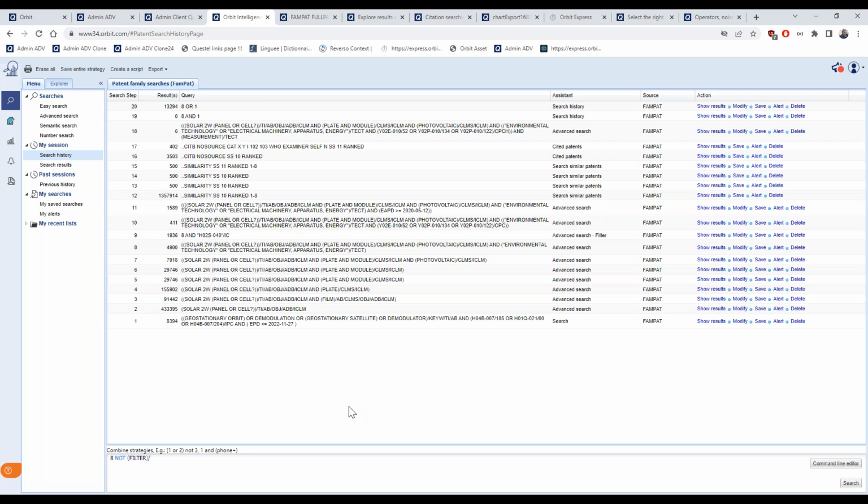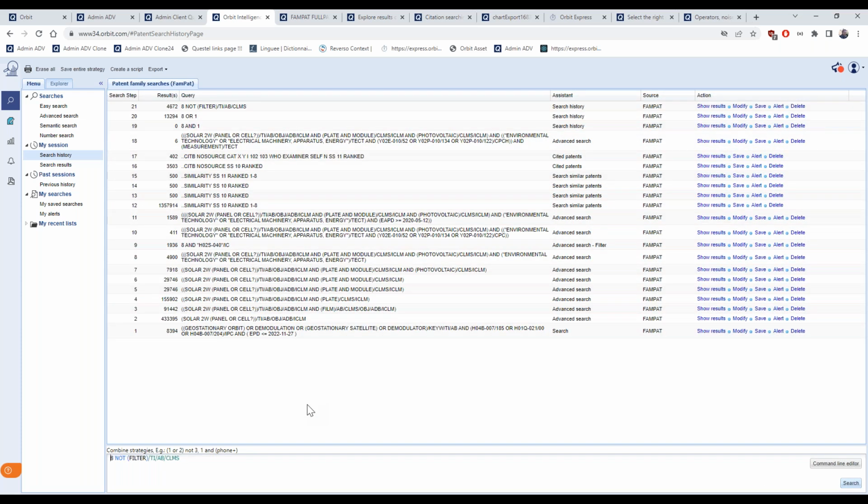I don't want filter to be in the title, in the abstract, nor in the claims. And I can see the difference. So from 4,900 results, giving this limitation, I have fewer results to work from.